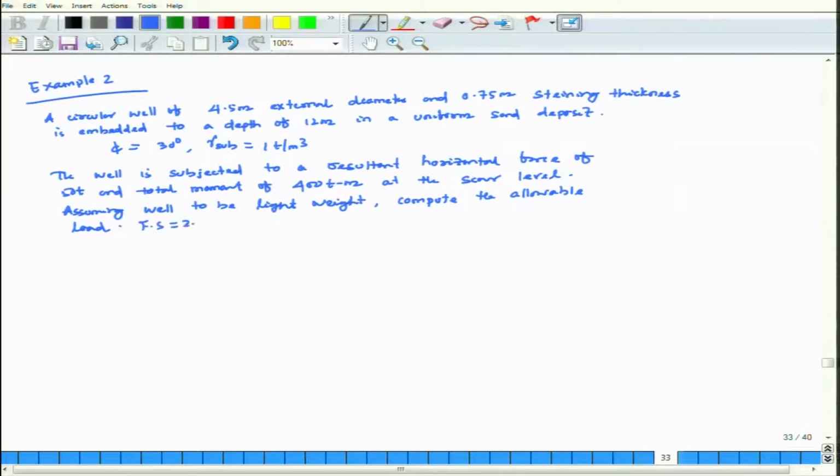Factor of safety is equal to 2 has been given. Determine the magnitude and point of maximum bending moment in the well steining. Another question is asked. First one is compute the allowable load, second one is